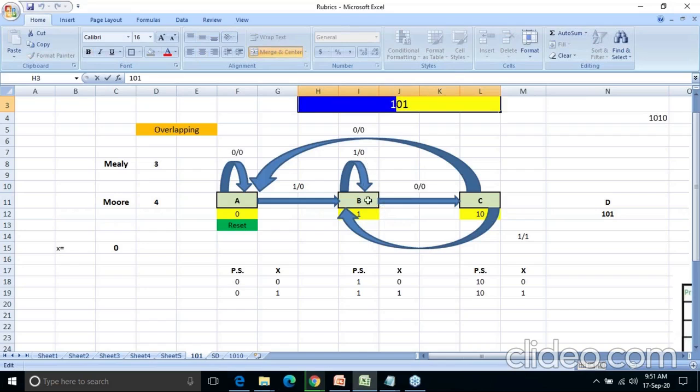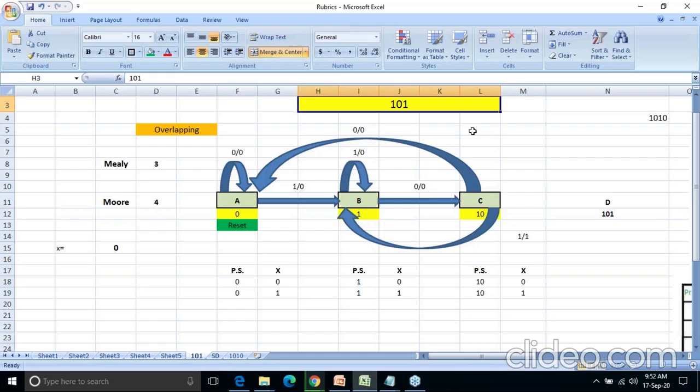If it is 0, is it a part of the sequence? Yes, it is 1 0. So it should go into the next state, because where is 1 0 detected? At C, and that's why it will go to C. Is it clear? Because I have given 0 input and I had already detected 1, so 1 0 is coming and 1 0 is detected at C state, and that's why it will go straight. So here what is the input? The second bit is 0, so I have given 0. Output will still be 0 because the whole sequence is not detected here, and that's why I have written it like this.